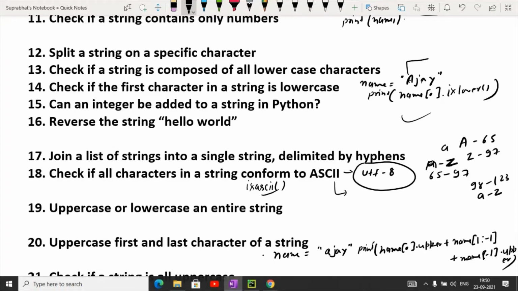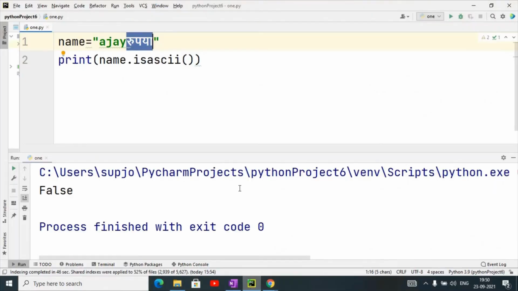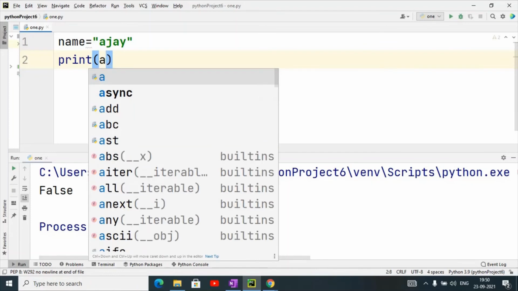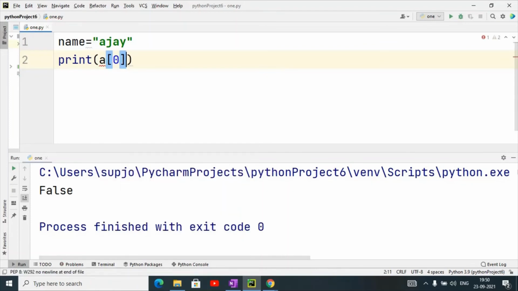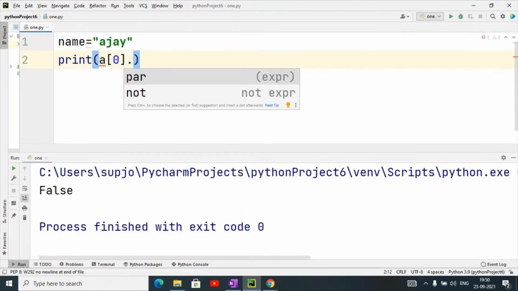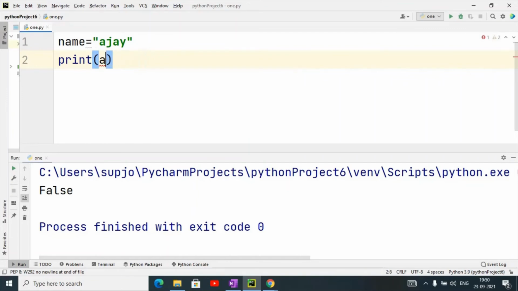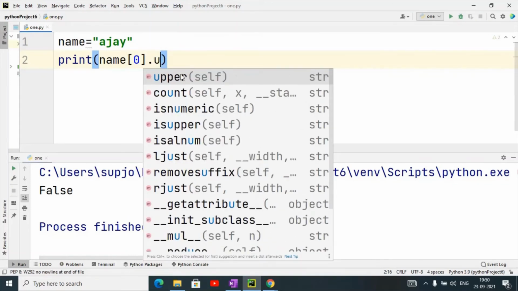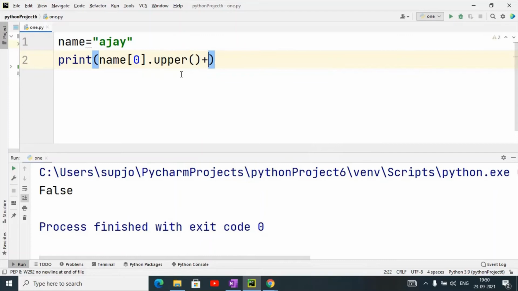We can understand with the example in PyCharm. Suppose I have taken Ajay, so I have taken name of 0 dot upper, plus the rest of the part of the name.